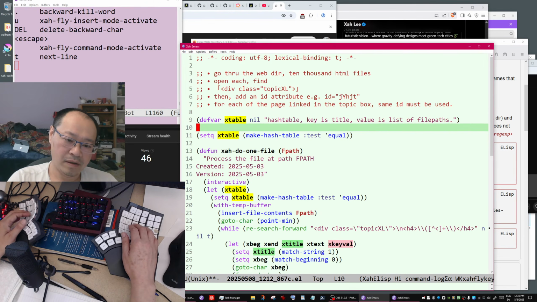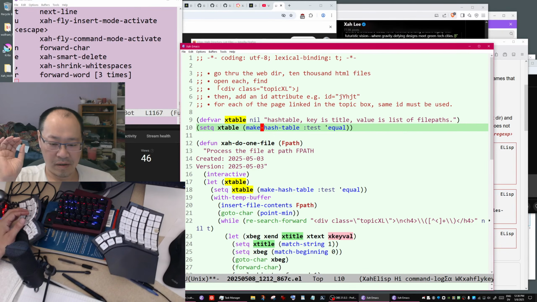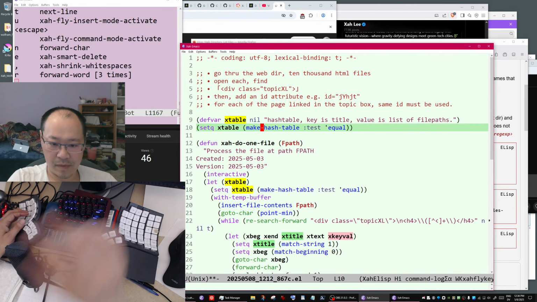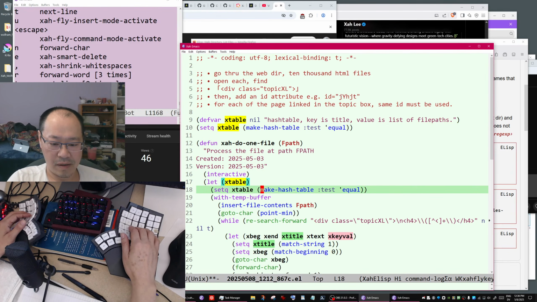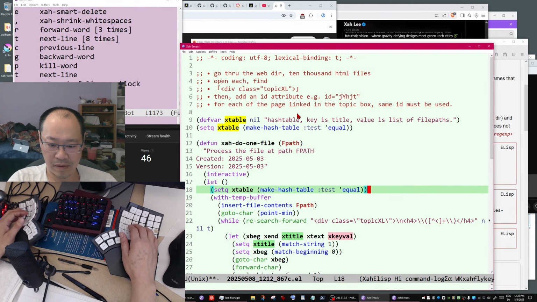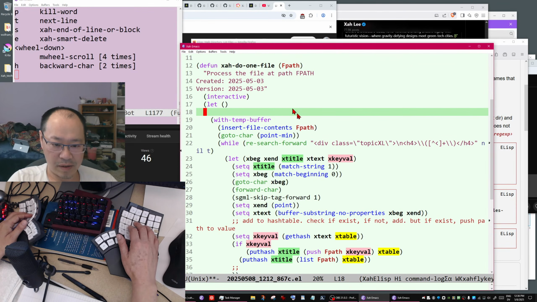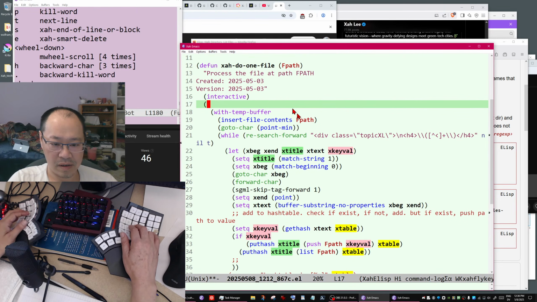Fantastic. Now set x-table. So initially make a hash table. Okay, then you don't need this part, and actually then you don't need this part. So then you don't need the let anymore, so actually delete it,